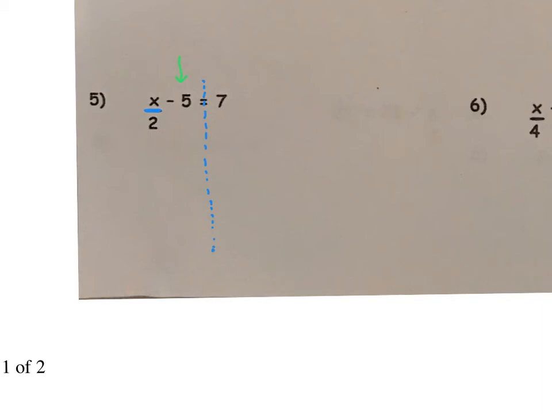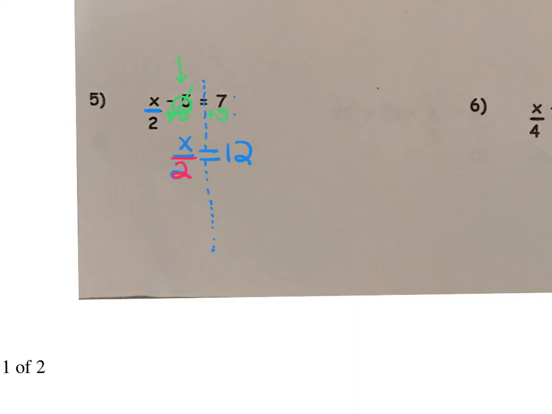this plus 5 on the left-hand side. Let's do the opposite and add 5 to both sides and zero out that term. We are left with x divided by 2 on the left, and on the right-hand side, 7 plus 5 gives us 12. Now it's time to eliminate divided by